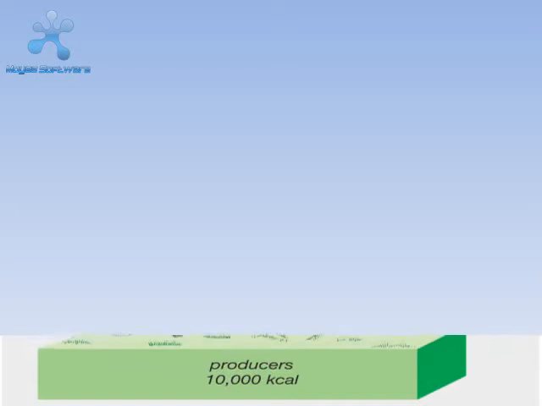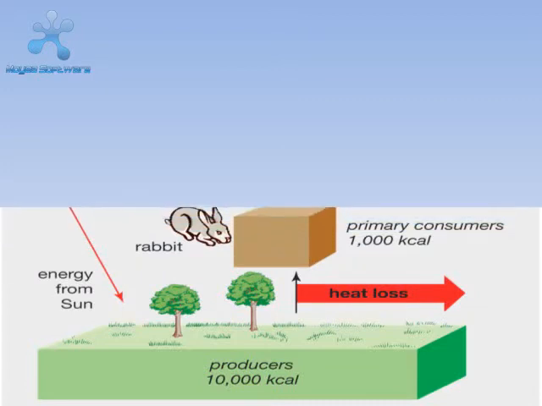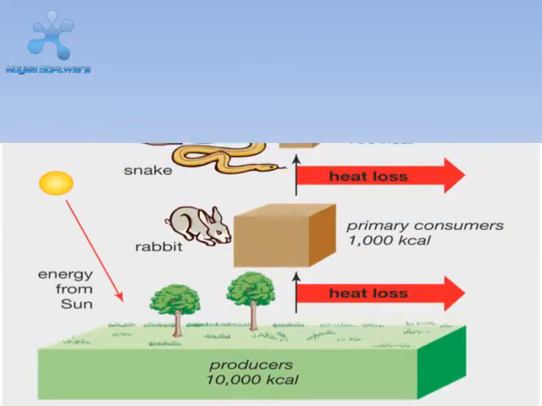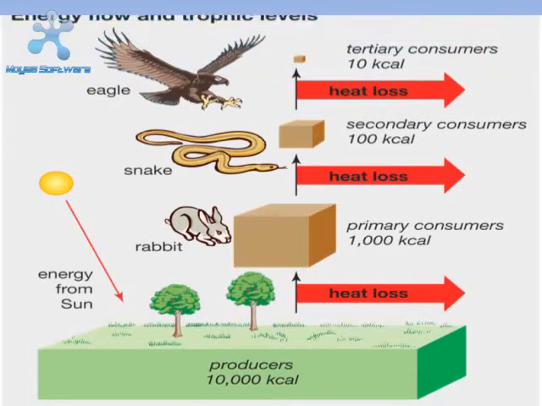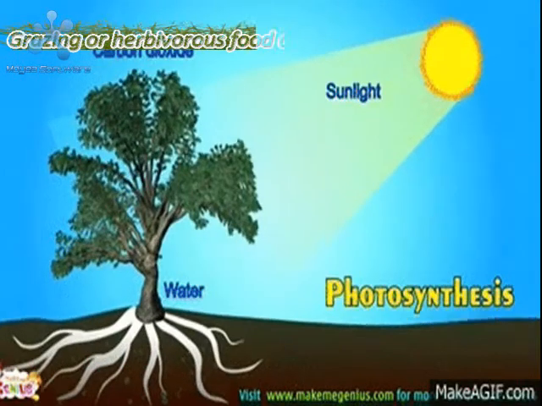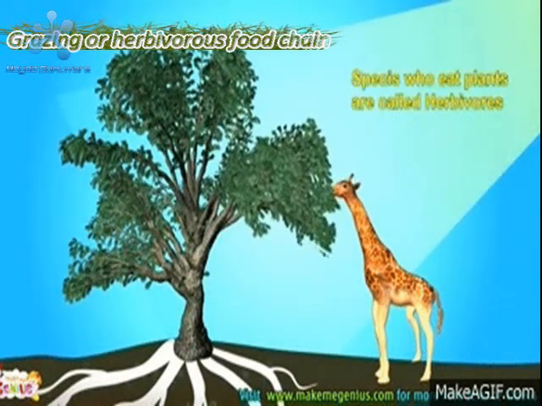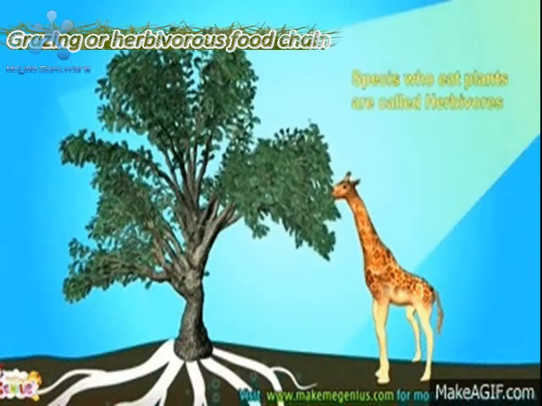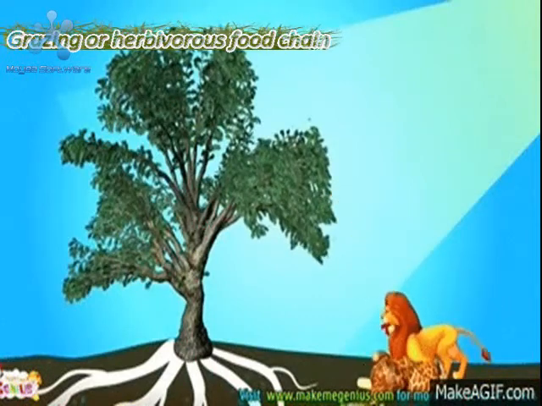In any kind of food chain, producers represent the first trophic level and different levels of consumers represent the successive trophic levels. In an ideal situation, a food chain will have a maximum of 3 or 4 trophic levels. Types of food chains. Grazing or herbivorous food chains, where the primary consumers are plant-eating animals. Most of the food chains in our ecosystem belong to this category. Such food chains are also known as predatory food chains.